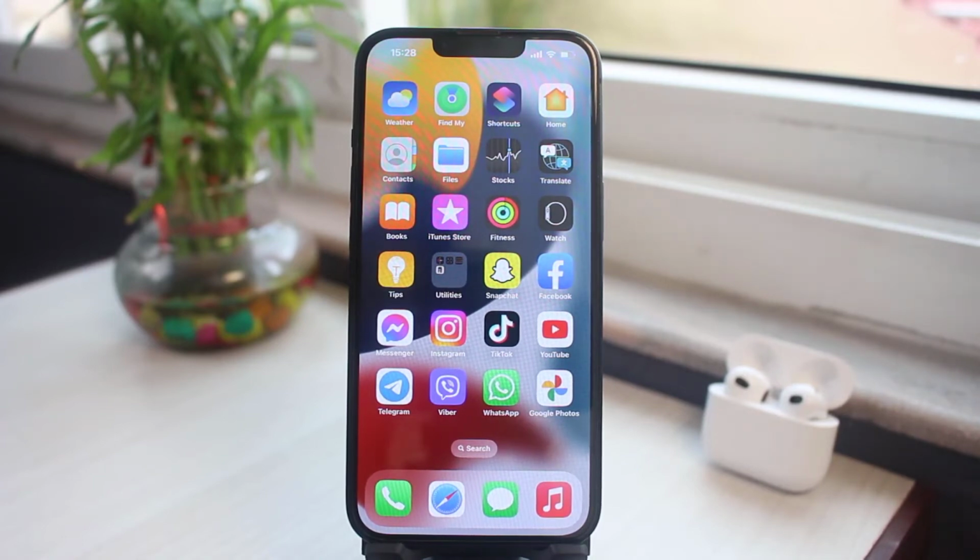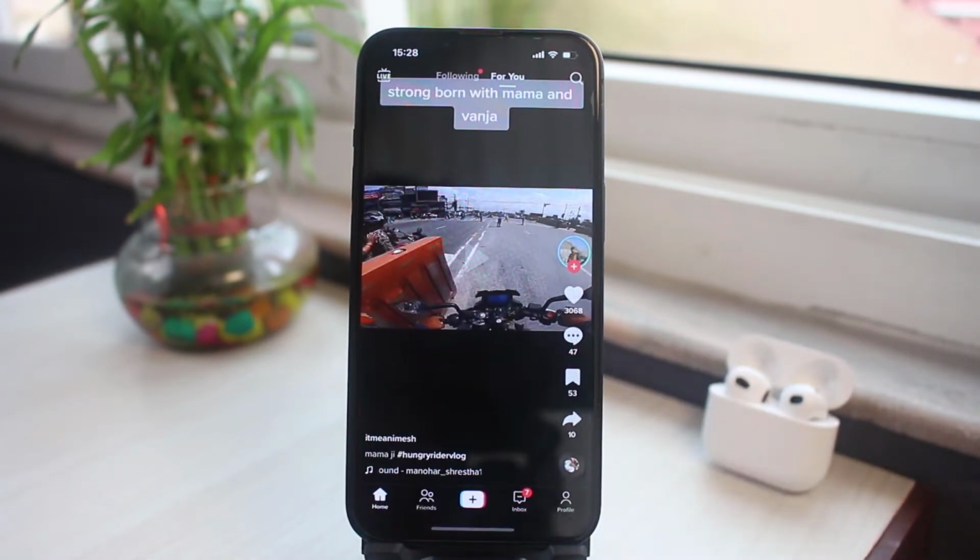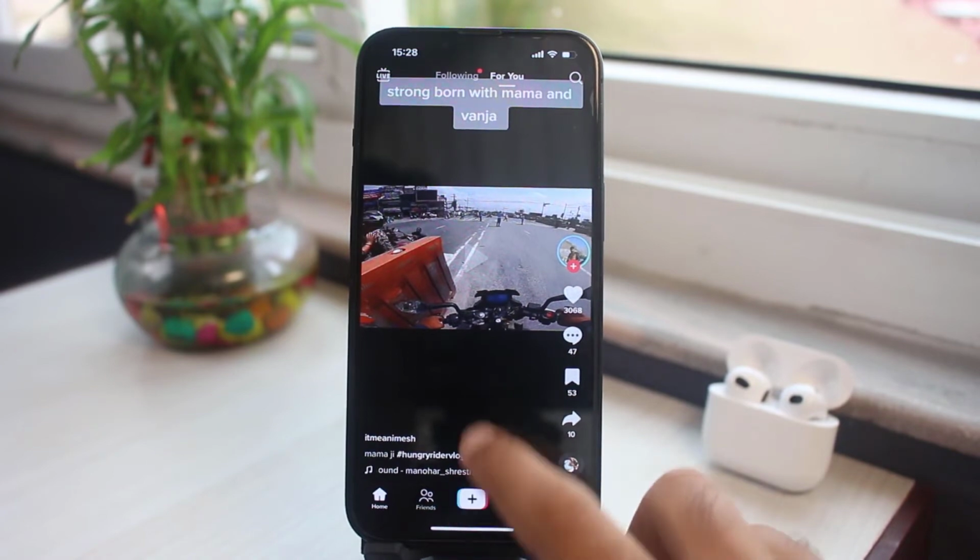In today's video, I'll show you how you can change your country or region on your TikTok. So, first of all, let me show you. My TikTok is currently on Nepal. So, if I want to change my country or region on TikTok, what I'll need to do is go to